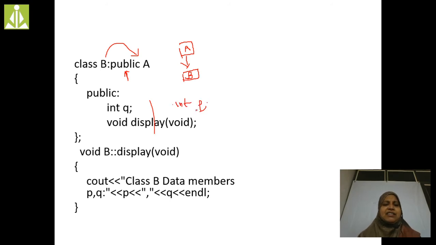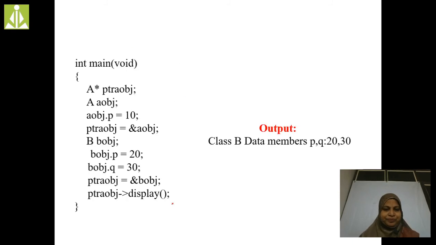Now class B consists of variables p, q. In the class B display method, I am going to display the value of p and the value of q.